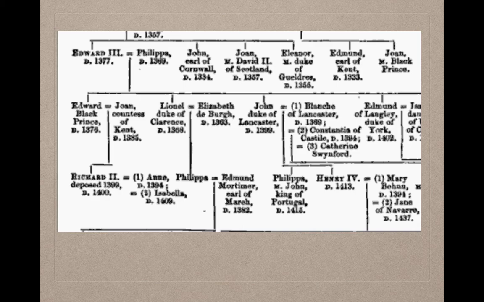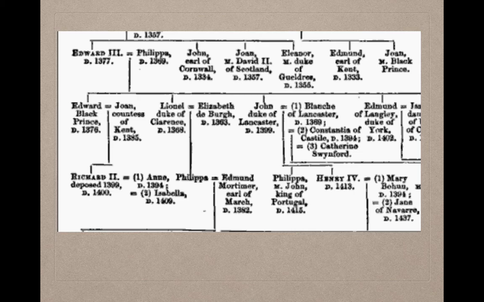Bear with me, this is a really kind of pixelated family tree here, but I'll show you a clearer one in a second. But if you look at the upper left-hand corner of this, you see Edward III, who was King of England. He dies in 1377, but before that, with his wife Philippa, he has Edward, Lionel, John, Edmund, and actually other sons that are cut off on the right side there. They're too young to be important, unfortunately.